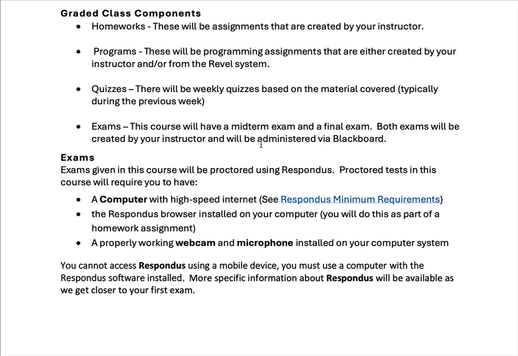Something they added several semesters ago, which I really like, is the graded class components. They require that I give you a brief description of the different types of assignments that you will be having over the course of the semester. So I will have things that I refer to as homeworks. Anything that I refer to as a homework is an assignment that was created by me. You will have programs. Most likely all of these will be created by me,